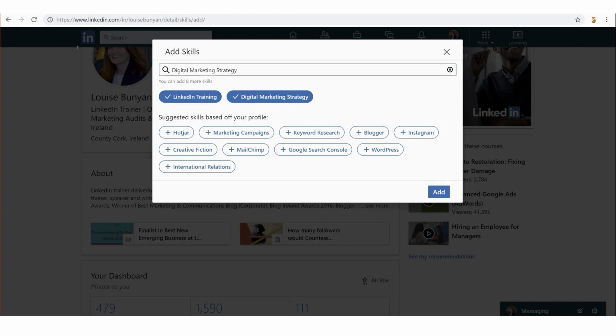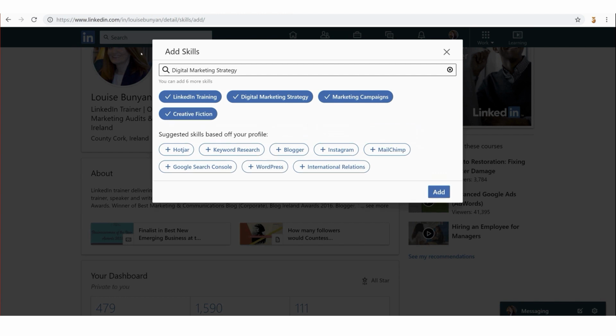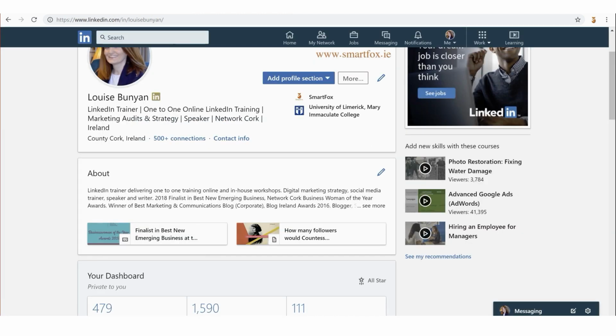And now these are giving me some more suggested skills based off my profile. So I can put in marketing campaigns, creative fiction, blogger. You need to click add. And then your skills appear.